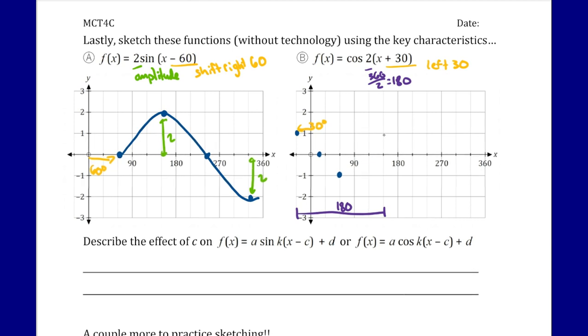Nope. There we go. That's where the values are. So I've drawn the one wave. I'm going to draw the next one in as well because I can kind of repeat the pattern. Essentially, instead of it being 90 over from everything, it's going to be 45 for my gaps instead. And it's over 30. So